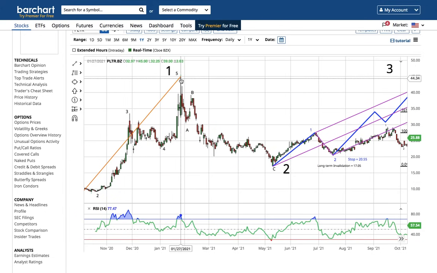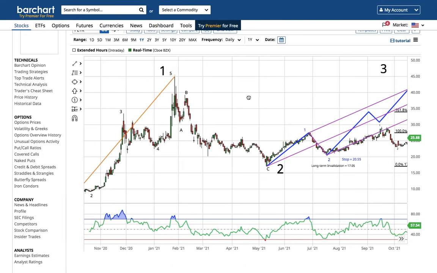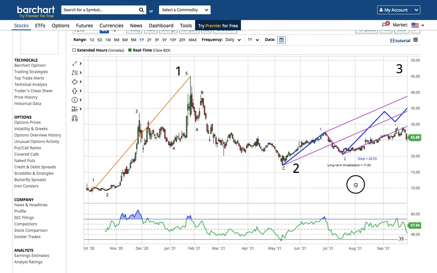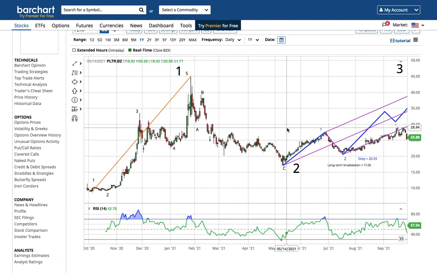Most likely it's going to take Palantir even past this wave 1 high on the larger degree, and then it's kind of similar to XPEV, potentially. If you break the IPO high, you really kind of know you might have caught a monster, right? And that doesn't guarantee anything. Palantir could go below 20.55. It could go below 17.05, which is the large degree wave 2 invalidation.